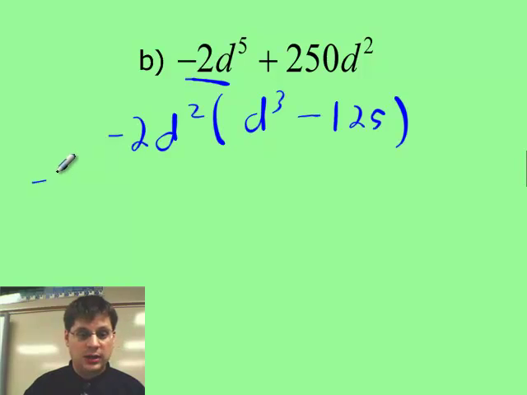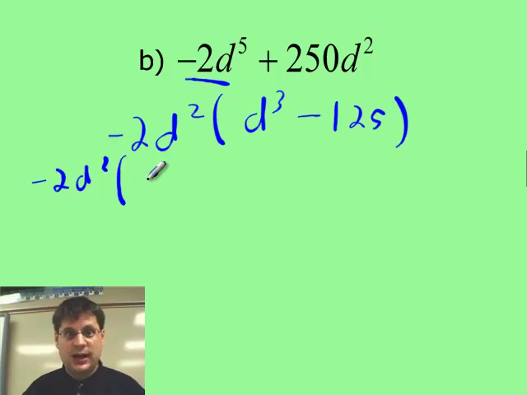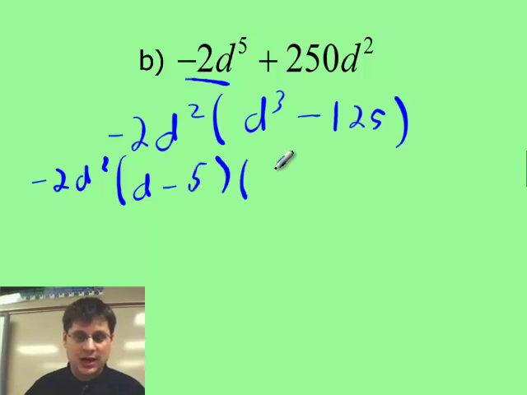So I have -2d squared, so I'll bring down that GCF, and I will write this as a, and then minus, because it's the same, and then the cube root of 125 is 5, times a squared, so d squared,